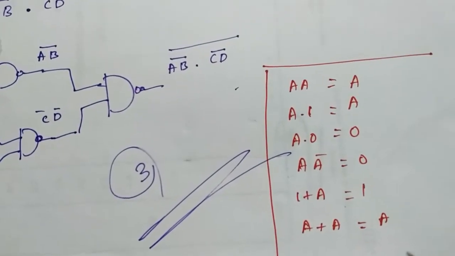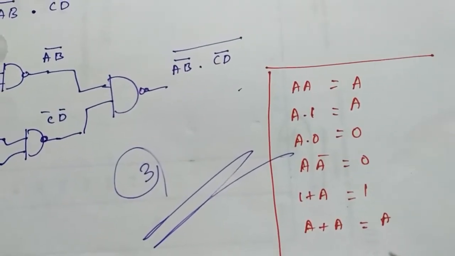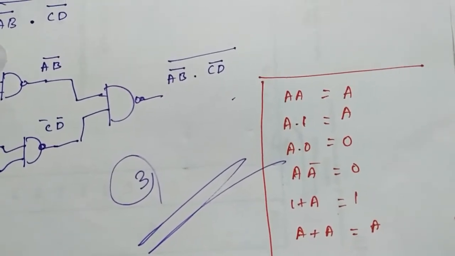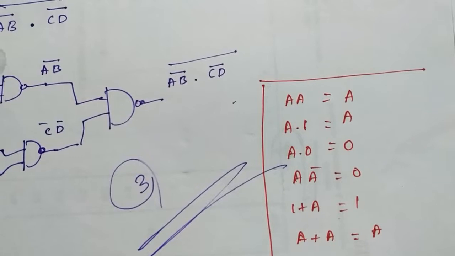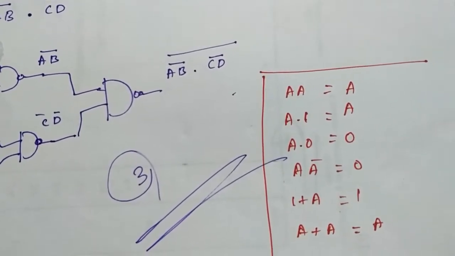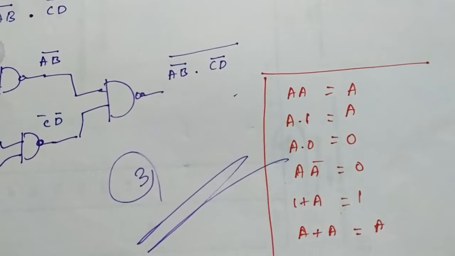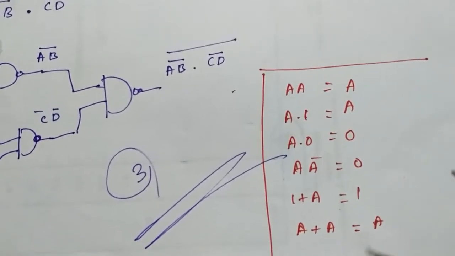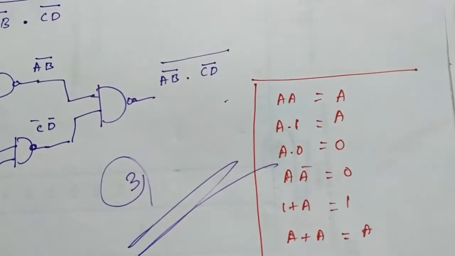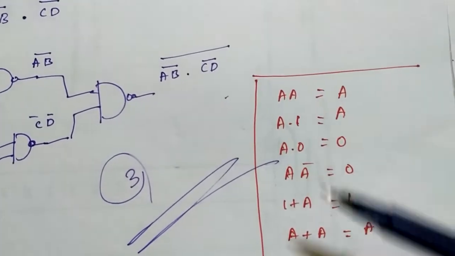So in this video we will see the realization of Boolean function using logic gates. For the given Boolean function, how the digital circuits are implemented using logic gates and how it can be reduced, that we'll see in this video. Before going into the video, we will quickly recall and memorize the results.